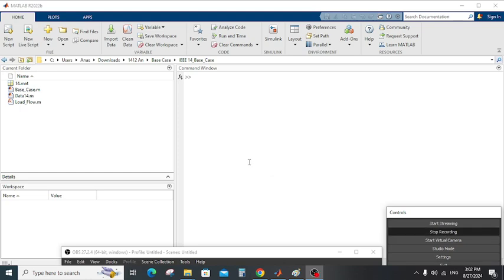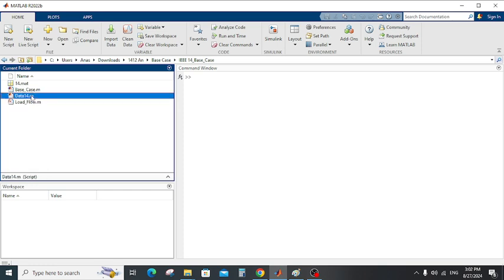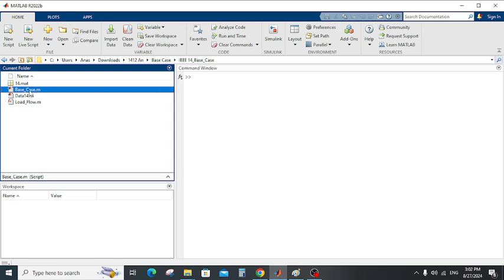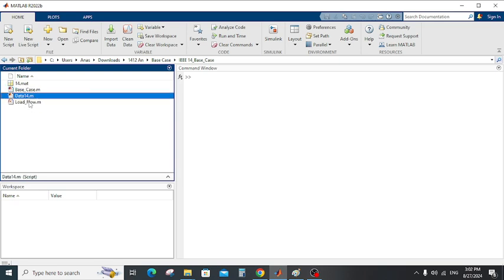Okay, this is the third network, the base explanation for the IEEE 14 plus case, base case. As you see here, it is the same thing. We have the main program and load flow program and the data of IEEE. The difference from the previous networks is that this is the transmission and